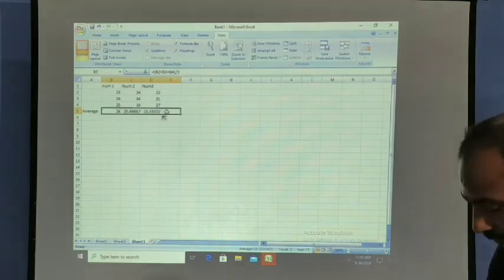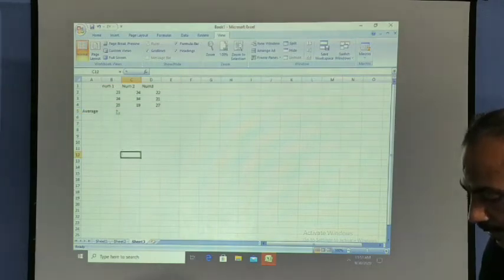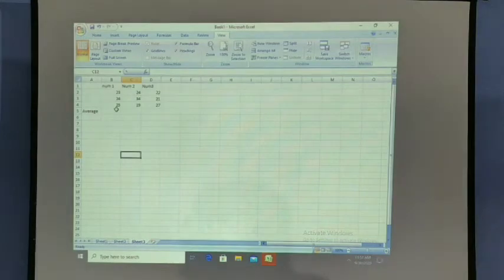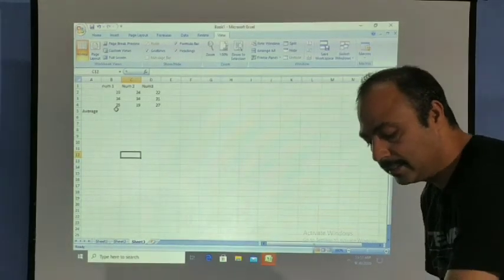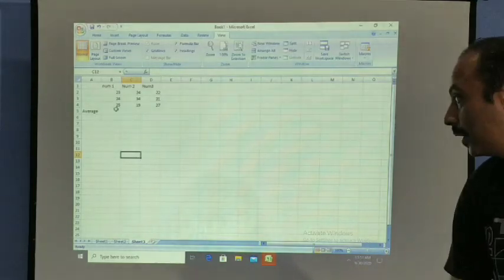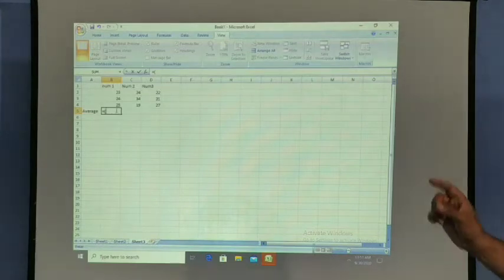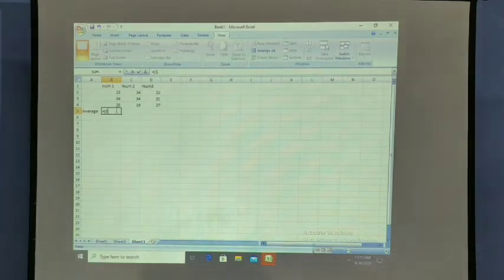So in absolute referencing, we can fix the rows and columns. Absolute referencing is used when you do not want to change the values of the calculations after the cell is copied. To use the absolute cell referencing, you need to add the dollar sign. So how do I have to write the same formula? I just have to write equals to followed by the bracket. Now I want to fix the column, so I have to put the dollar sign, dollar B.